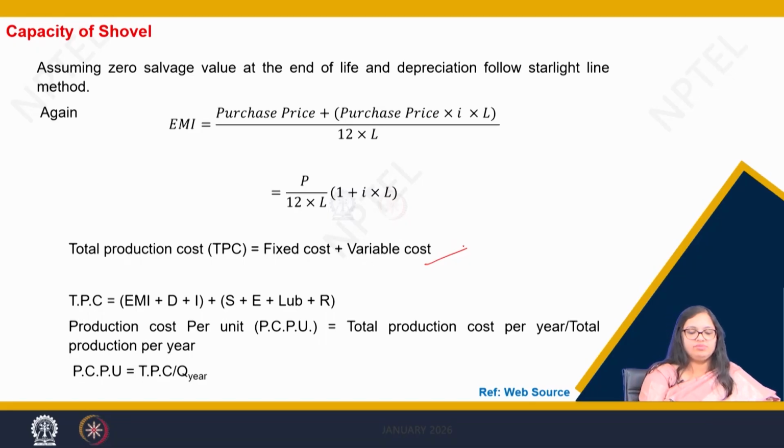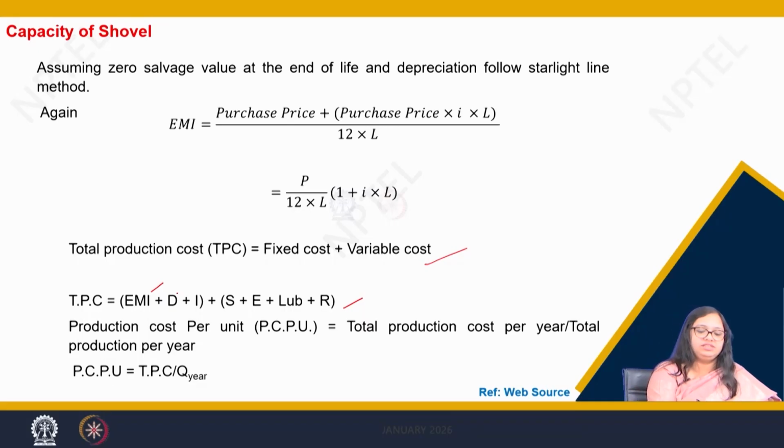When we talk about this total production cost with fixed cost, there is a term called EMI that has to be given for a while. If we have not paid the value of the machine upfront,